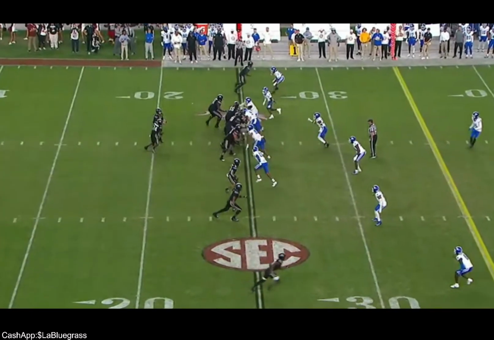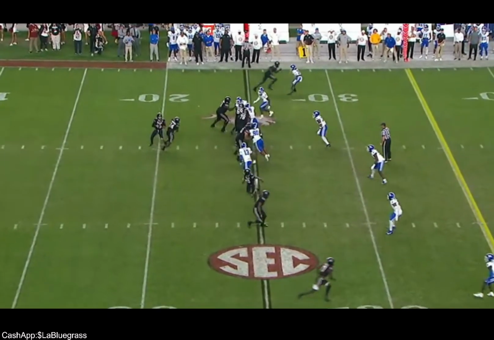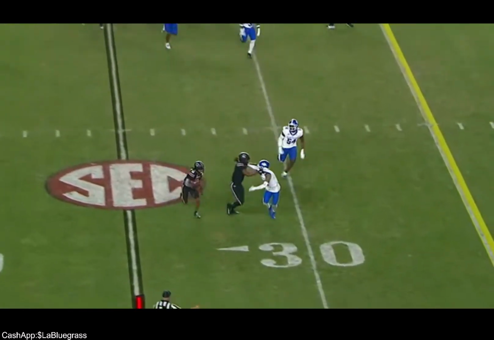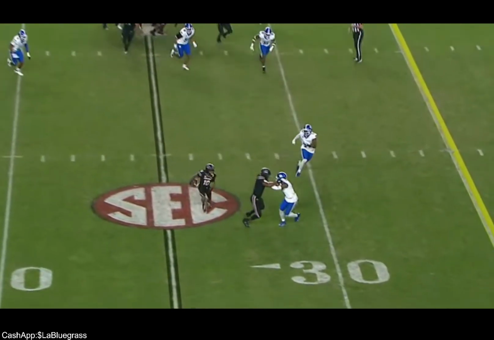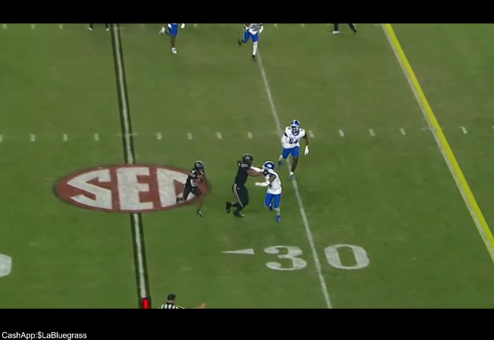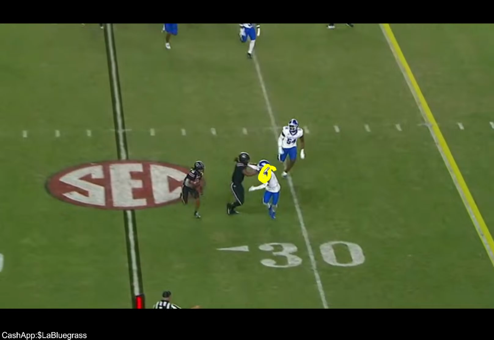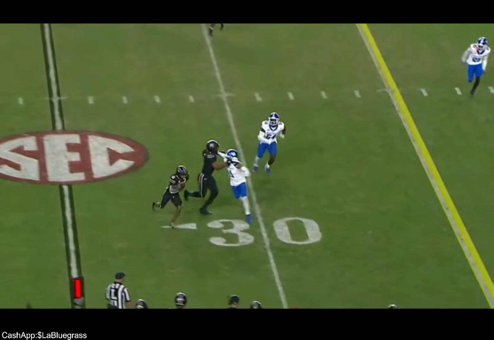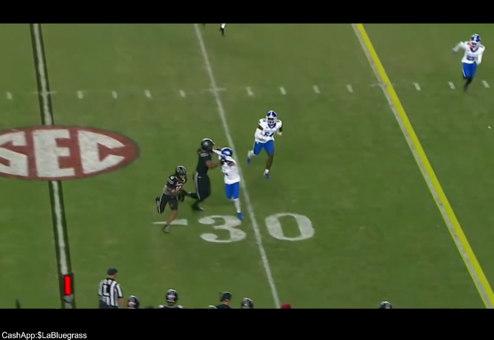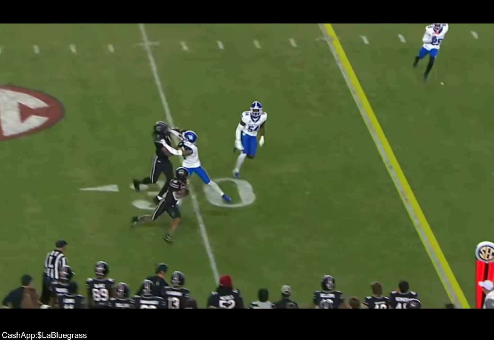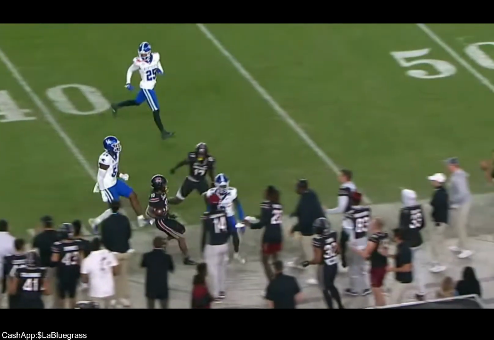It's apropos that it started with Deone Walker on the first snap, because you felt his presence the whole time. Now, how is that not a hole? First of all, he's not in the framework. He's outside the shoulder pads. The DB tries to separate, and he got an extended arm. That is the definition of a hole. How is that not a hole? I don't get it. That's bullshit.